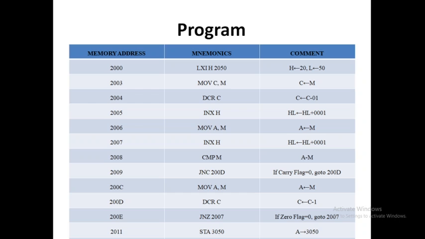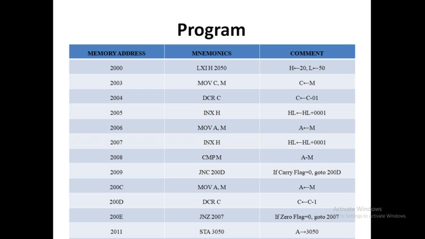So this is the whole program for finding the largest number in a given array. On the left side are the memory addresses, from 2000 to 2011.